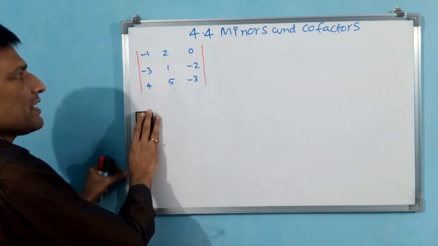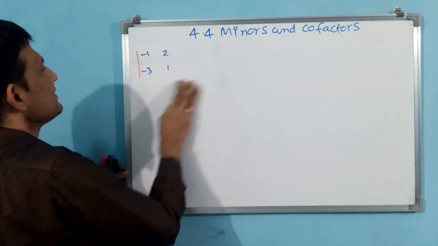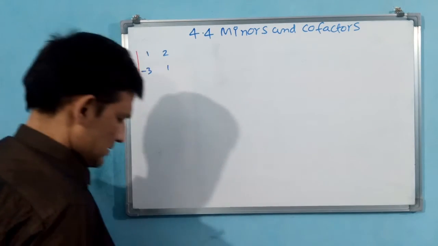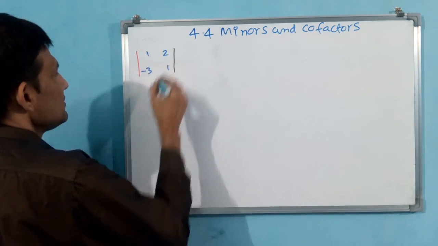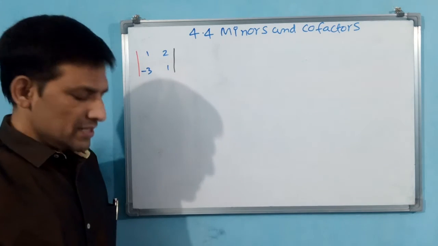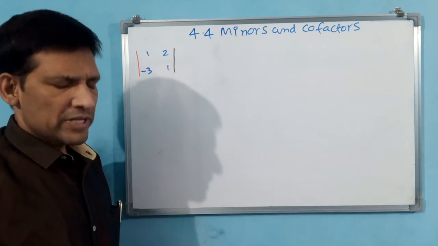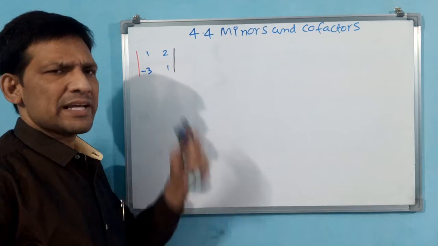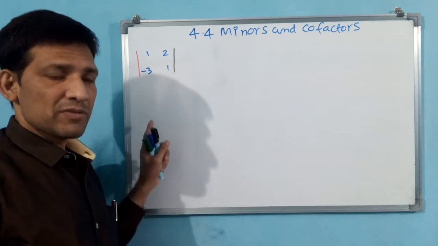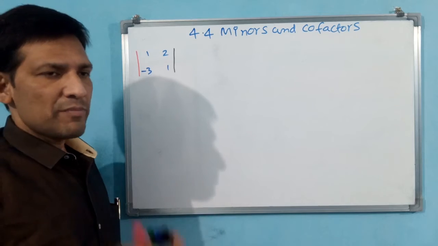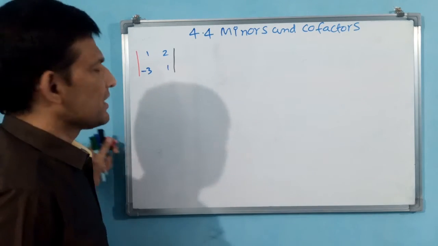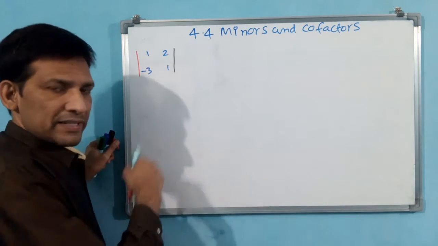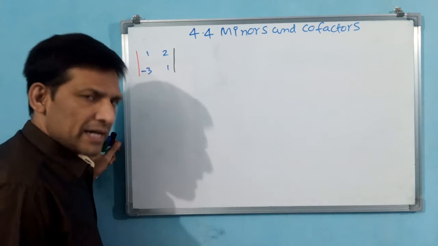Okay, now this only I am making, see, 2 by 2. And I will make only one minus for easy understanding. Now see, this is a determinant, but this is a 2 by 2 determinant, or second order determinant. In a determinant we don't say 2 by 2. In a matrix we say 2 by 2. In a determinant we normally say second order; second order means 2 by 2, third means 3 by 3, because here the order is n. Now you see, this is a determinant. The same concept we will apply for this second order also.